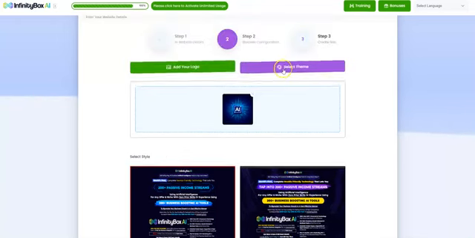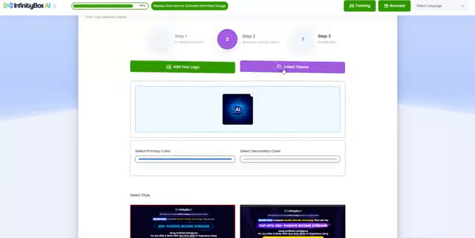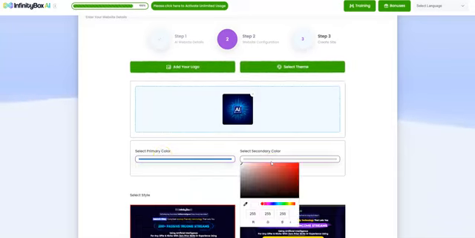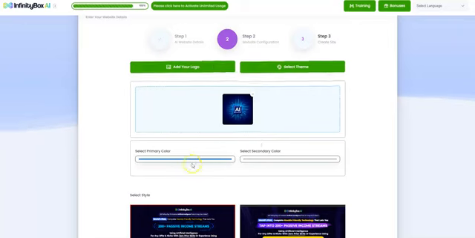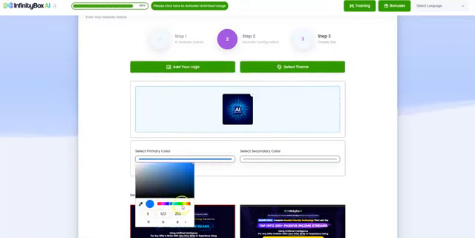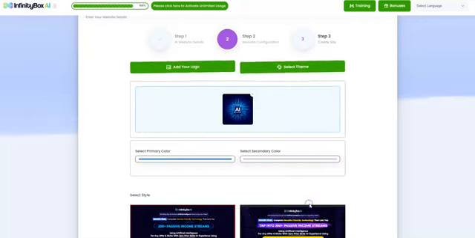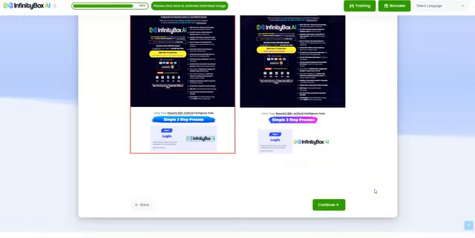and you've got theme selection as well. So you can change the color scheme of the primary color and the secondary color. So I'll just leave that as standard. I mean, you can change that by moving the cursor on the color bar, and the same goes over here. So scroll down and click on continue,